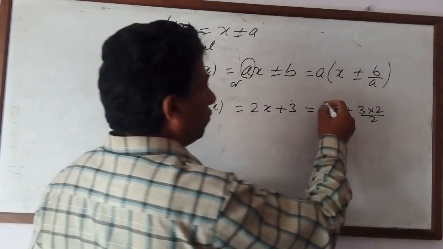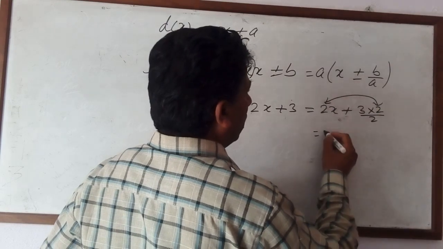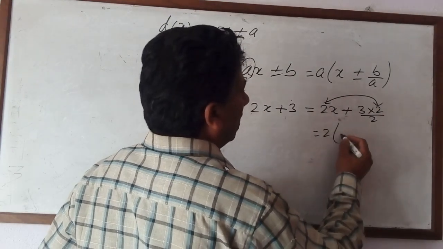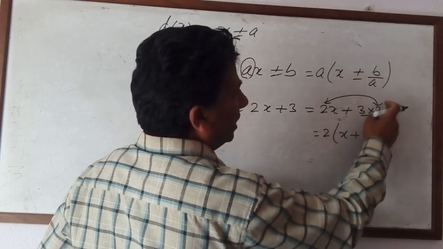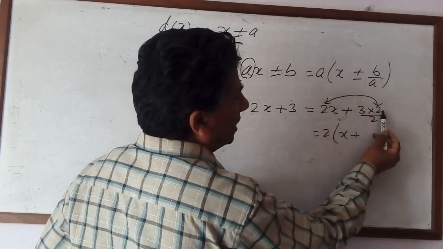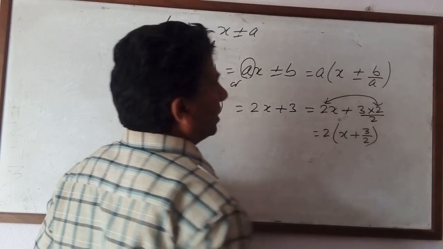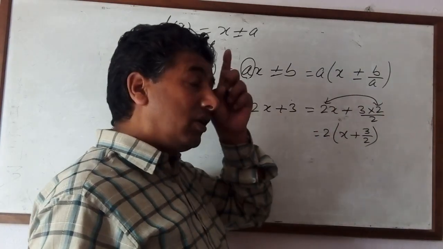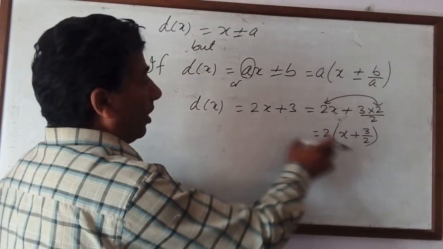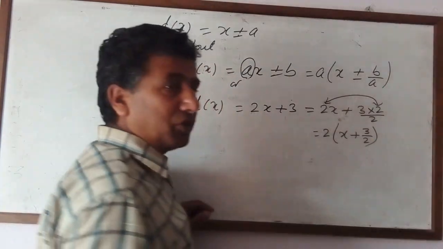Now this 2 is in the numerator, this 2 also numerator. Now take 2 common. What is remaining here? x plus, here is 1. This upper 2 is common. Remaining denominator 2. Now plus, and already minus also. In this case, we have to change the divisor like this first, and then after we have to use synthetic division.